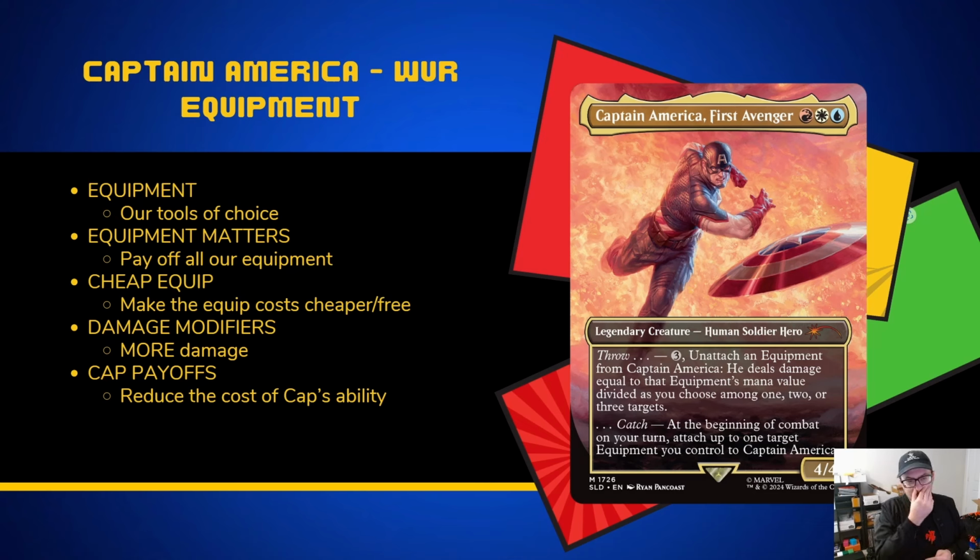But today, celebrating Marvel, the Marvel Secret Lair Super Drop is here. 5 Secret Lairs celebrating 5 different legendary creatures from the Marvel Universe. And today we're looking at Cap, Captain America First Avenger, a Jeskai, red, white, and blue soldier hero 4/4 with